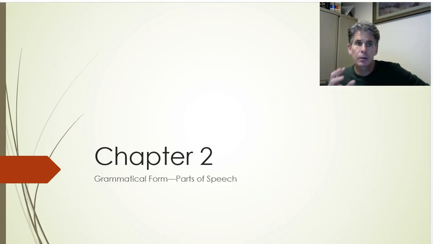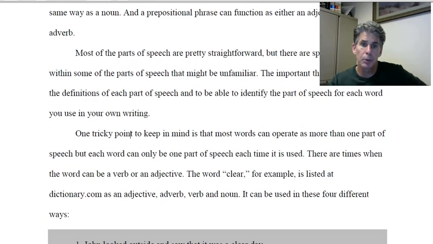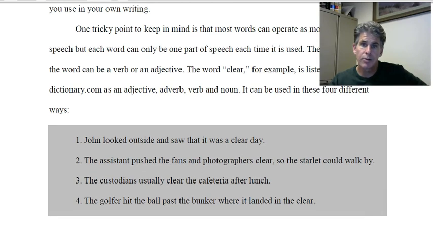Let me get to this notion of form first, just so we understand what it is. And let me go to the book for a second. Form is what something is, and these are the parts of speech. That's what I'm going to deal with as form. And again, most people do have an idea of what form is, whether or not something is an adjective, adverb, or things like that. But it's very important to understand from the beginning that just because you have a word doesn't mean you have a definite part of speech.